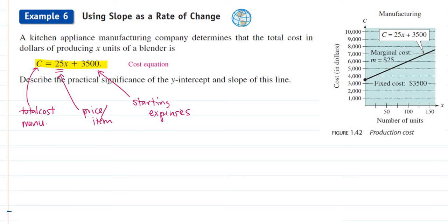So in this case, how do I know that? First of all, I'm looking at this graph over here. The fixed cost is $3,500. That means that's the cost that it takes to pay my workers, rent my factory, etc. So I just got to pay that all the time. Marginal cost is the cost of the item. So for each item that I make, it costs me $25 on top of the $3,500 that I'm already spending. So when I combine those,